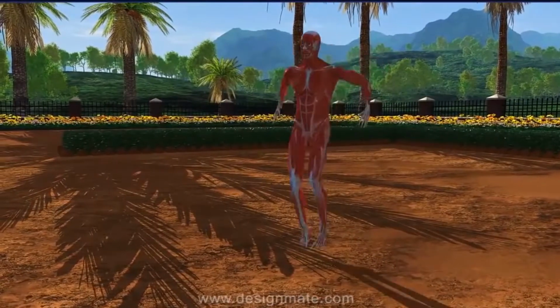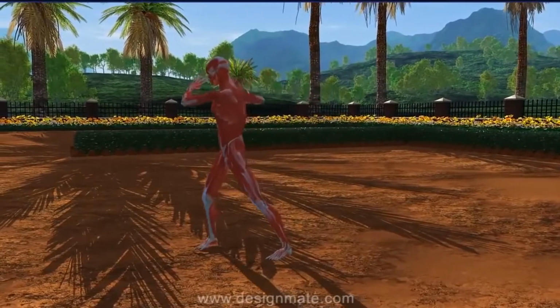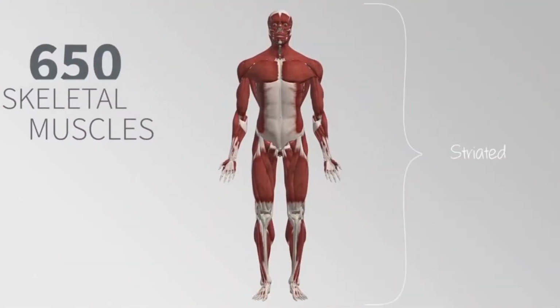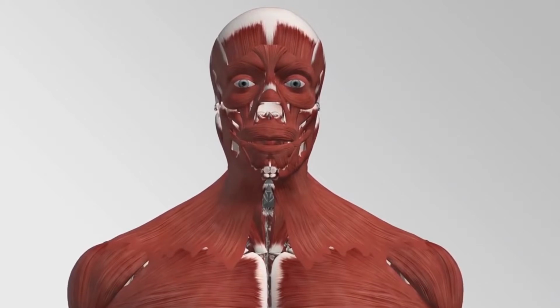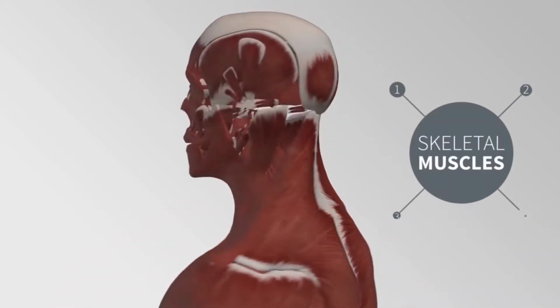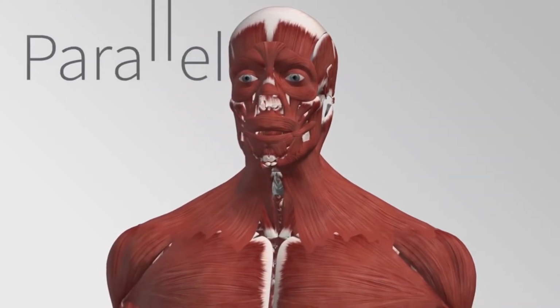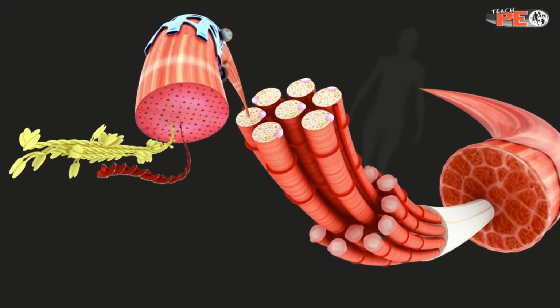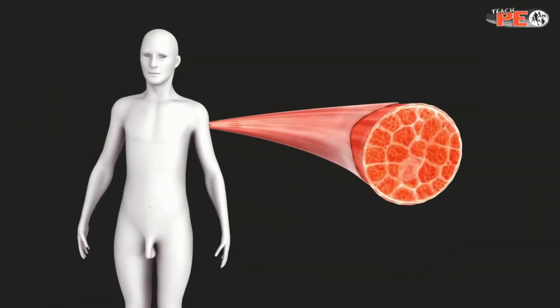Now we can see the next part of our body. They are muscles. Already we have learned that bones are giving structure to our body, and all the bones are covered with muscles, which give flexibility to our body. Different types of muscles are there in our body. You can see the structure of different muscles, which is giving flexibility to our body. We can move each and every part because of the presence of muscles.